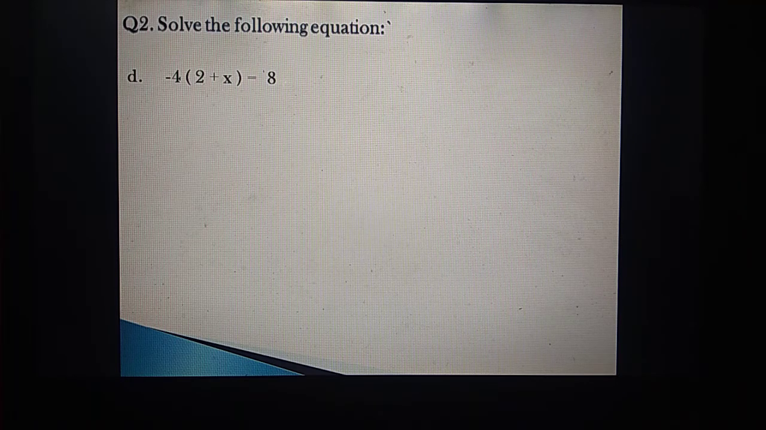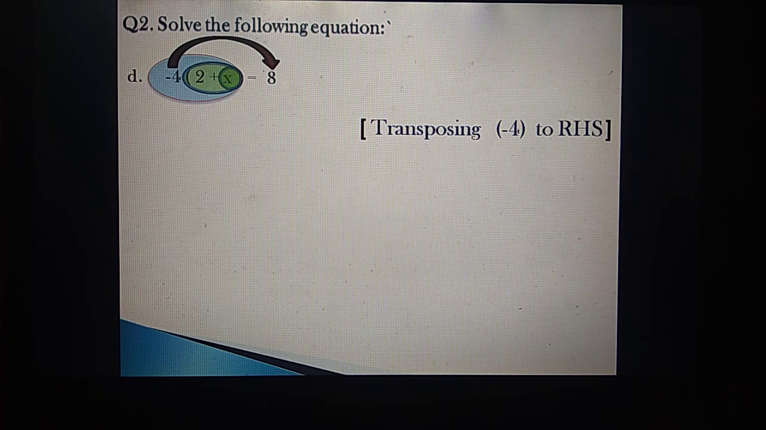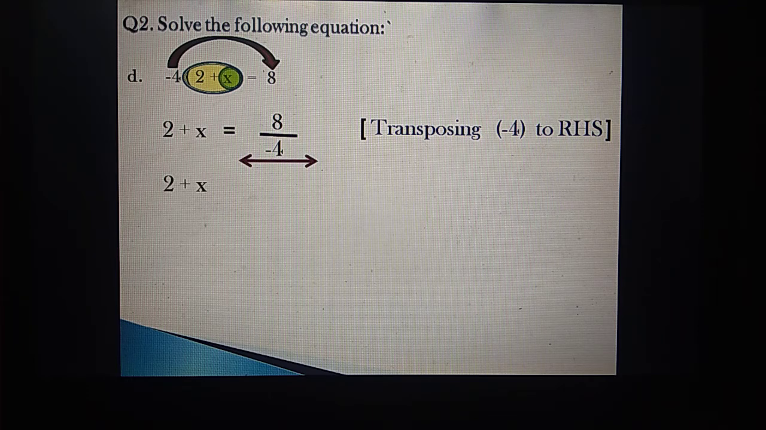Next, it's minus 4, and in the bracket it's 2 plus x equals 8. Again 8 is divisible by 4, so we will not open the bracket. Highlight. Outermost it's minus 4, so we will transpose minus 4. Now left is 2 plus x, and you will get 8 upon minus 4. Now solve this right hand side. When you divide 8 by 4, you will get 2, and because of this minus sign in the denominator,